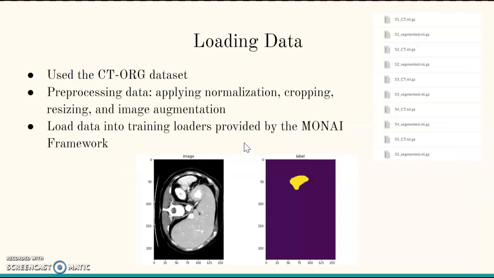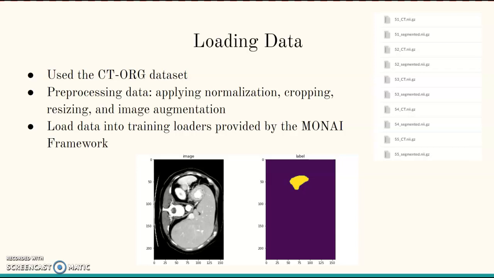So to be a little bit more specific into our machine learning workflow, the initial step was to load in the data, and we used the CT-ORD data set, which was a public data set of 140 CT scans, each with 5 organs labeled in 3D: the lung, bones, liver, kidneys, and bladder. We then pre-processed this data, applying normalization, cropping, resizing, and image augmentation, which was essentially applying